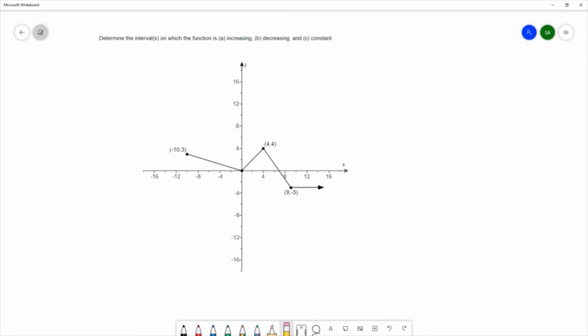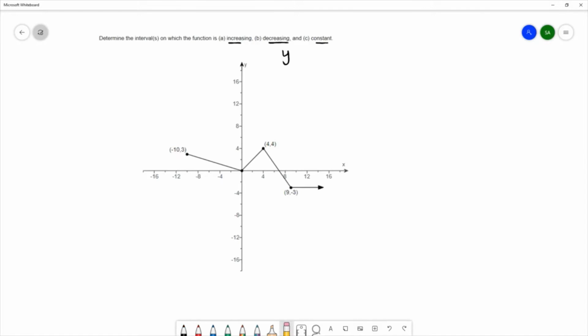This question says, determine the intervals on which the function is increasing, decreasing, and constant. So these words, increasing, decreasing, and constant, these are words that are describing y. So let's get a feeling for the overall sections of the graph by tracing the graph as we go from